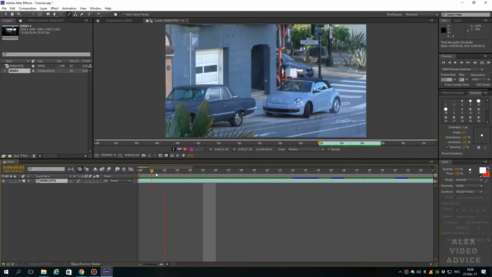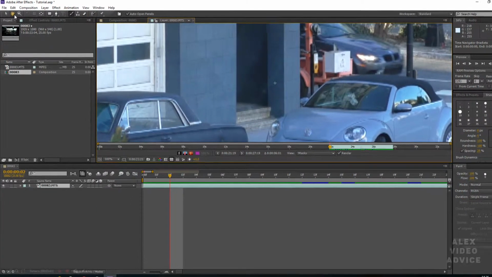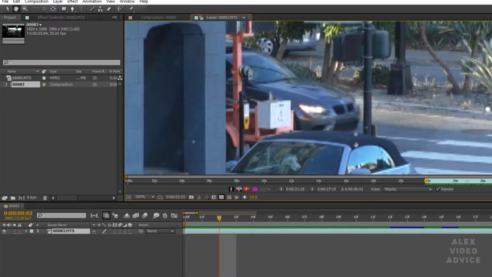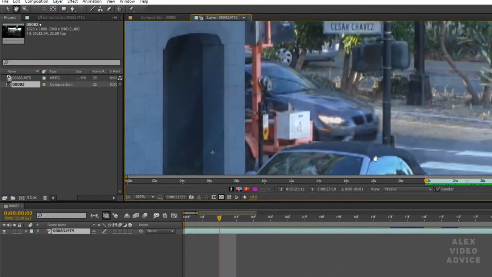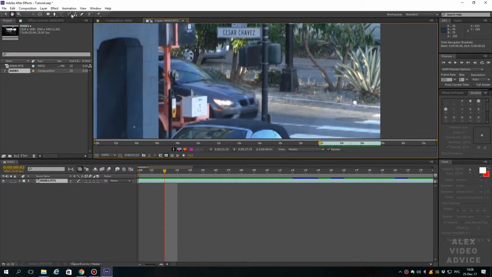Let's make a better zoom, and to make it more convenient to navigate through the video, you can use the hand tool. And we can move around the window with a preview. So it's more convenient to choose the moment of the video. Okay, let's choose the brush tool one more time, and now we start drawing lines.